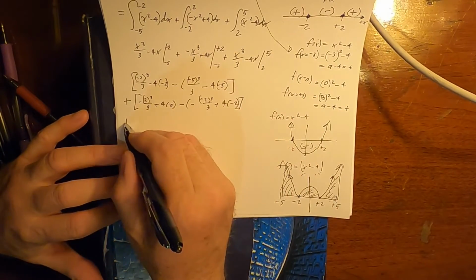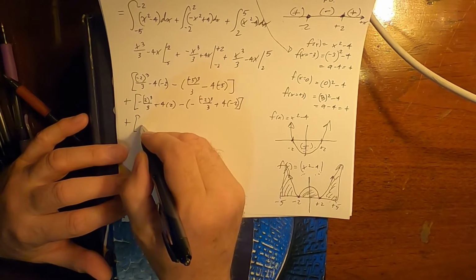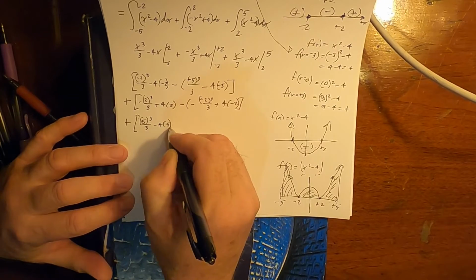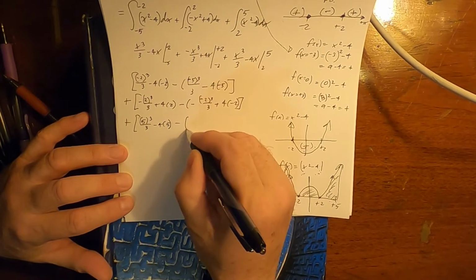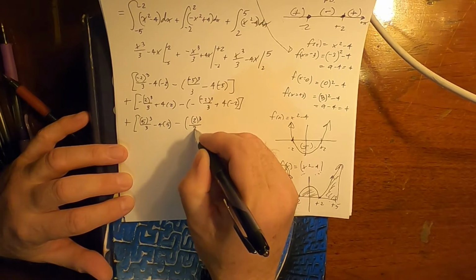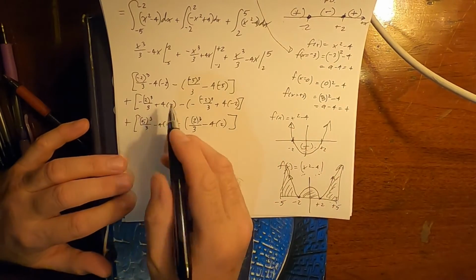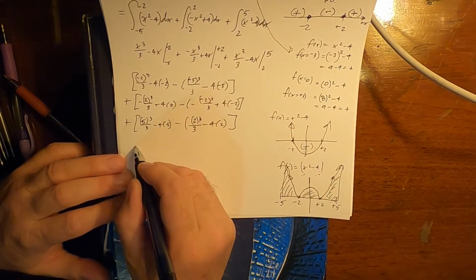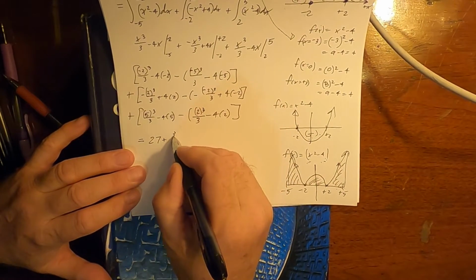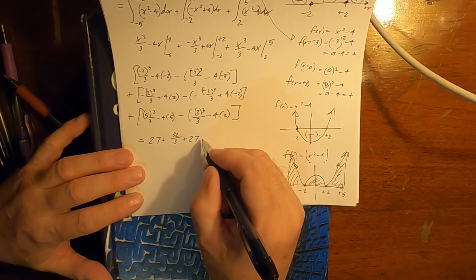And then the third part: 5 to the third over 3 minus 4 times 5, minus 2 to the third over 3 minus 4 times 2. Close bracket. All of this is going to become 27 plus 32 over 3 plus 27,